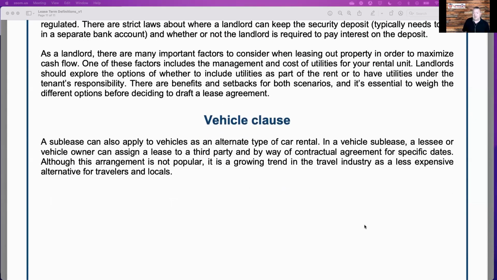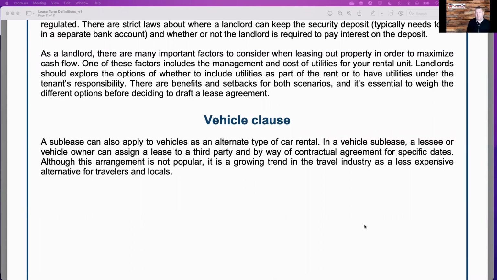Now, the last clause we're going to talk about here today is the vehicle clause. Again, pretty straightforward. If they fill out a rental application, part of the rental application process defines what vehicles these people own. You want to do that because you want to know what vehicles they own. You want to know the color, make, model, even the license plates for those vehicles, because you want to make sure nobody's parking their vehicles illegally by the property without you knowing. You need to know whose vehicles are authorized to be there or not.